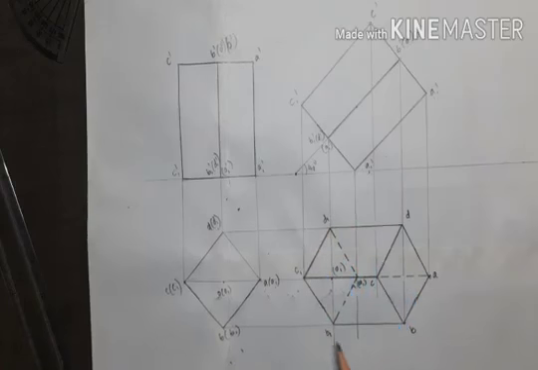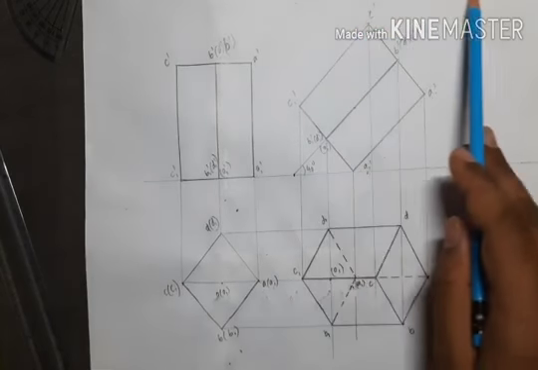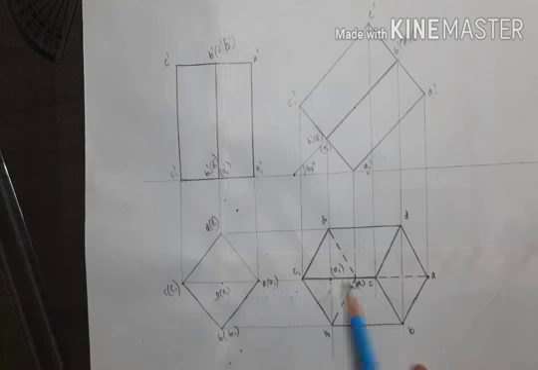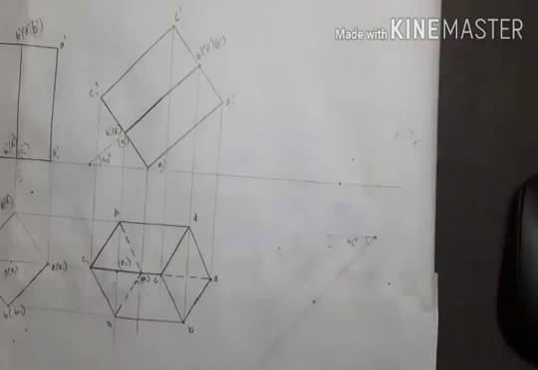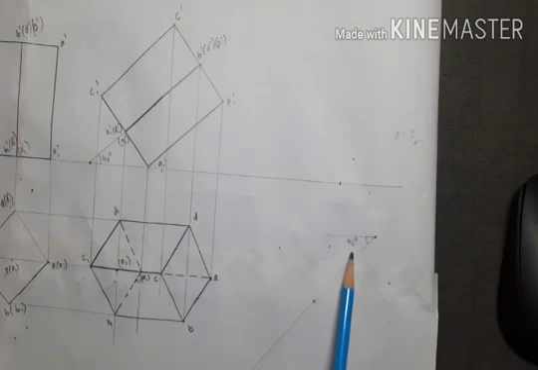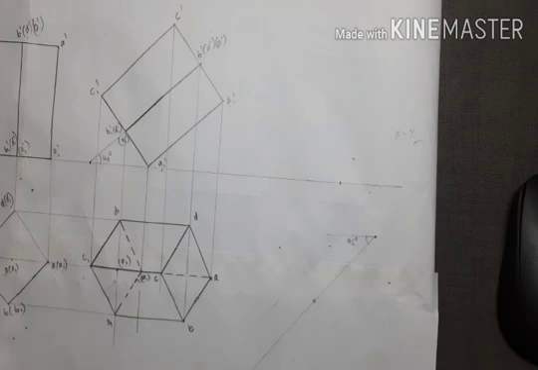Now in the third step, you have to transfer this same view at 45 degrees to VP. Since it is given that it appears to be inclined at 45 degrees, this axis should be 45 degrees to VP. I have told you it is given as appears, so no beta angle, directly you have to draw the angle. Now for the third step, I have to transfer the top view of the second step at 45 degrees. So I have drawn a line at 45 degrees, since the axis appears to be inclined to VP at 45 degrees.